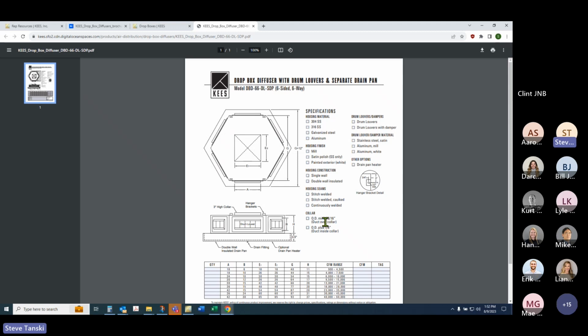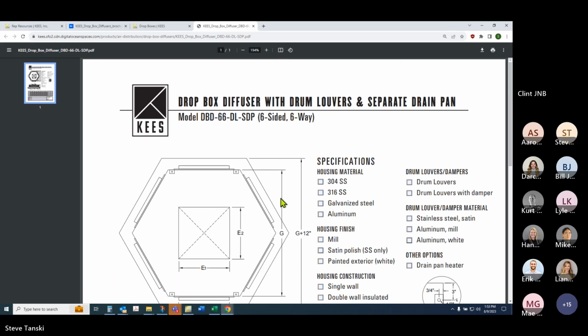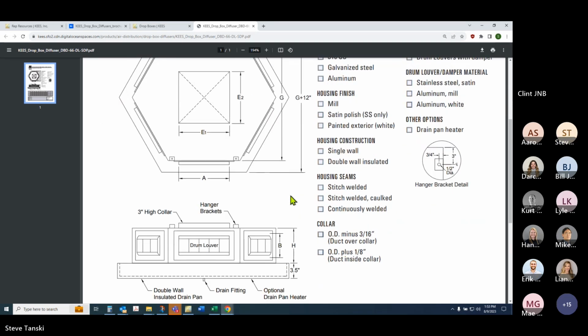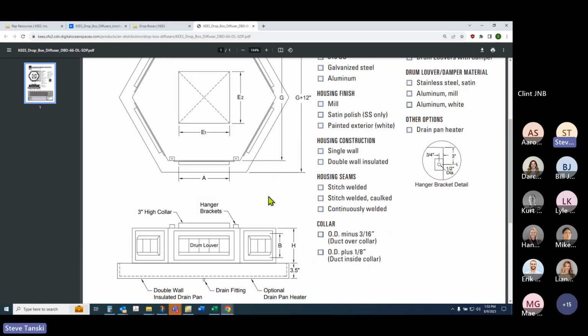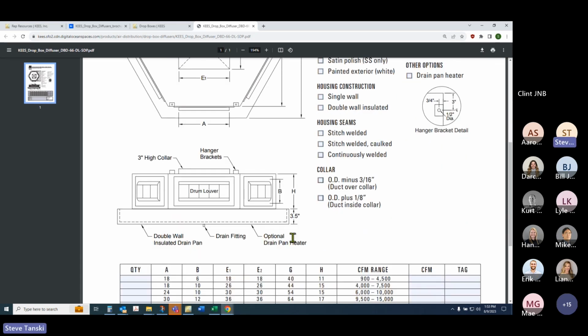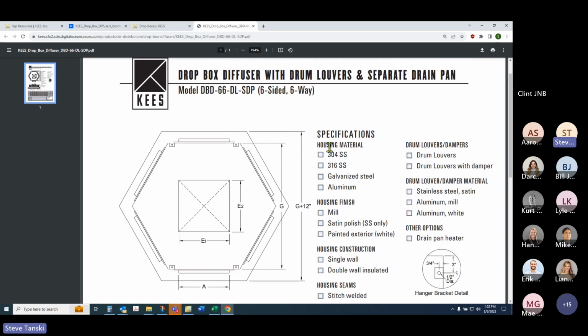This particular model also has the separate drain pan included. You might see this in a food processing or pet food processing environment, where we'll offer it in 304 or 316, in addition to galvanized or aluminum